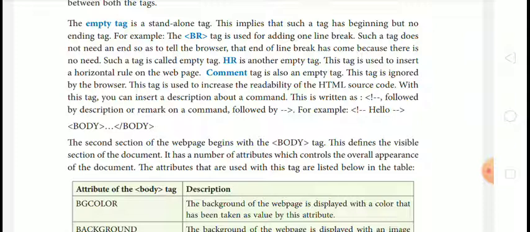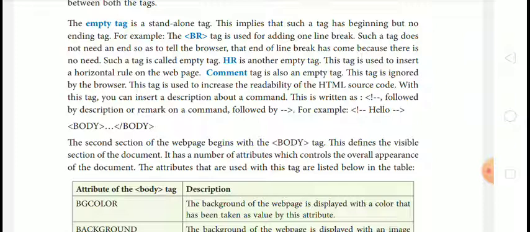If we are using BR tag, it will add one line break. Such a tag does not need an end to tell the browser that end of line break has come because there is no need. Such a tag is called empty tag.